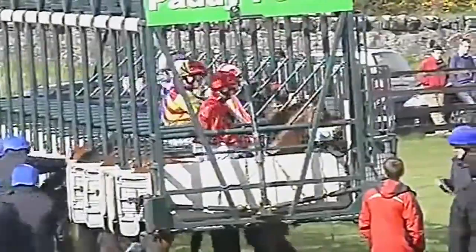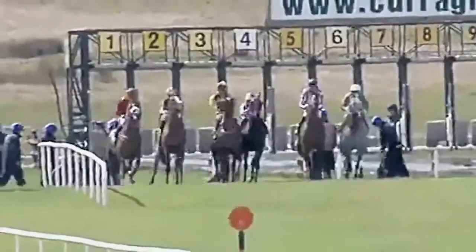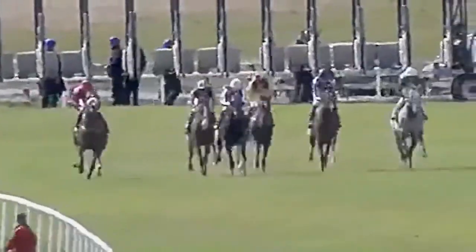One of the last ones going in now is Excelebration. White flag raised, and they're off. Beginning now to make their way in the early stages, and pushed up in the centre is Windsor Palace to